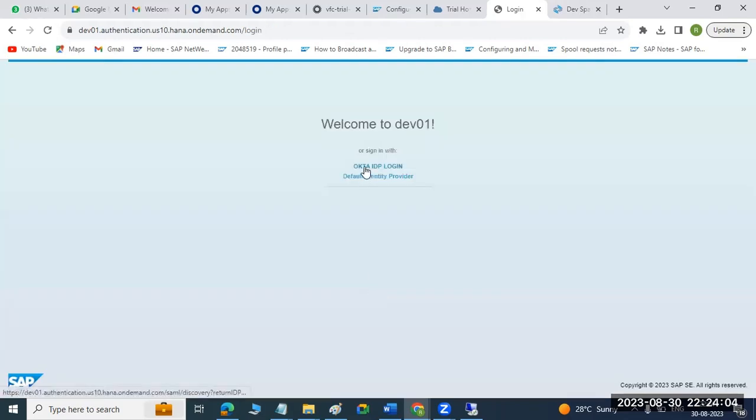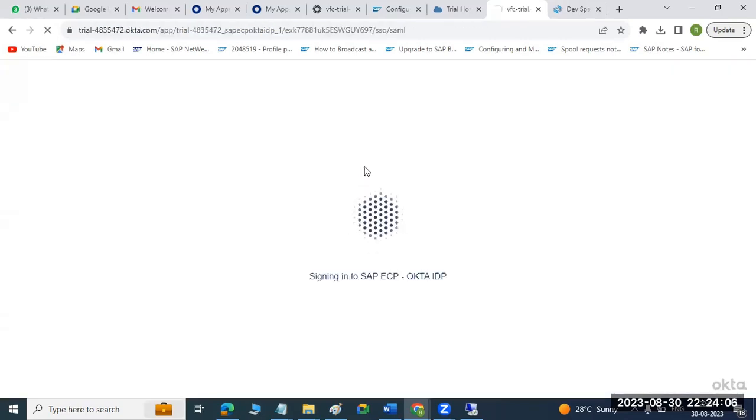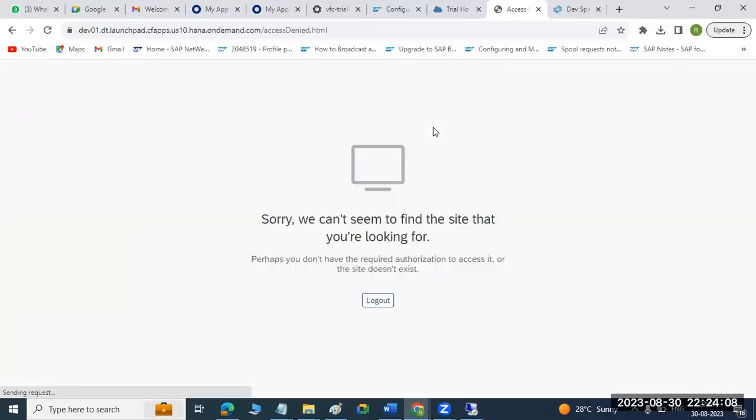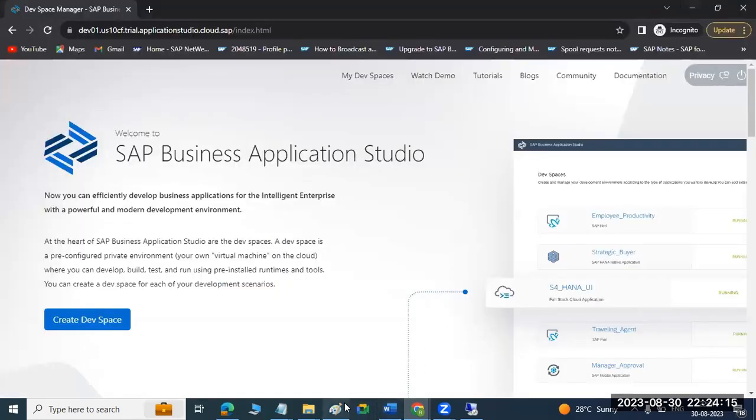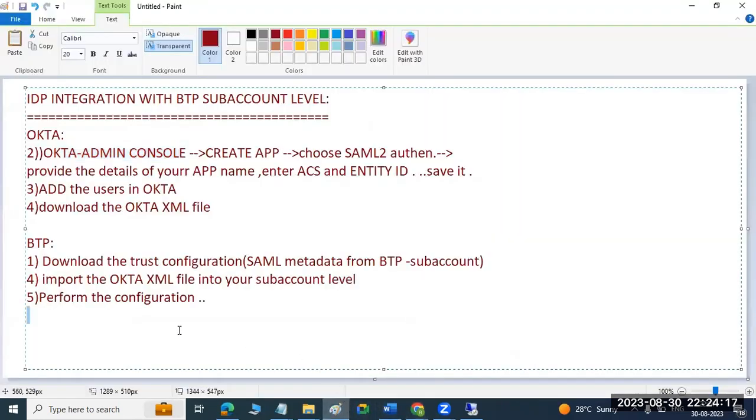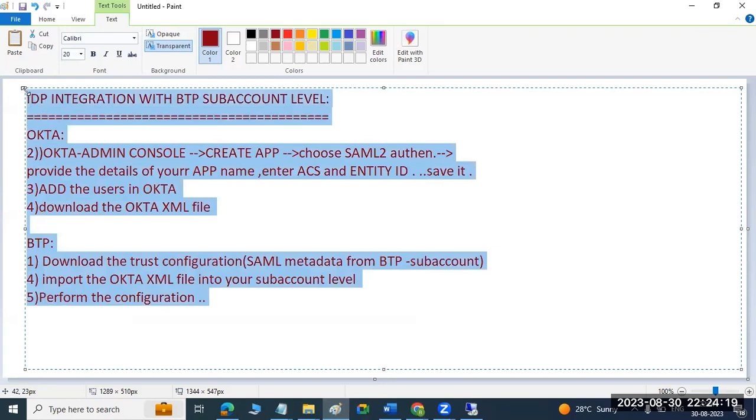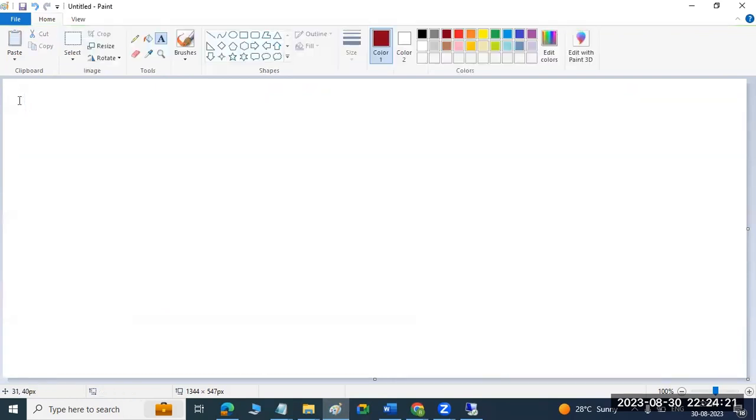to ask one question. For this, we set up single sign-on for an application, right? For a specific application, right? So going from Okta to BTP, Okta to BTP, we have enabled now. Now I want the same to